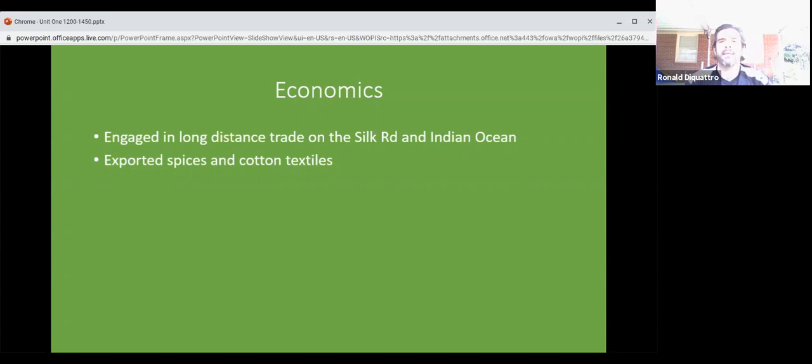Now, we've talked about this before. If you're going to trade stuff long distances, those goods are going to tend to be luxury goods, extremely valuable goods that people are going to be willing to come a long distance to get and to pay a very, very hefty price for. And the two traditional exports of South Asia that people are willing to travel thousands of miles over risky journeys to get and pay very expensive amounts of money in trade goods for are spices. Most famously, the most important spice that South Asia will export is going to be black pepper.